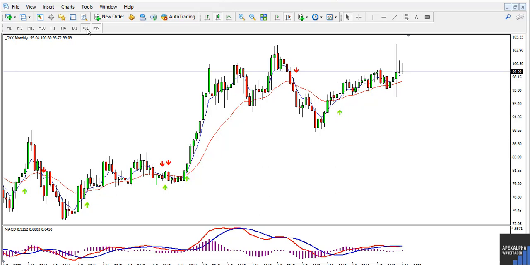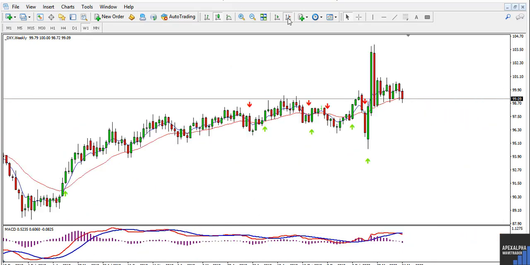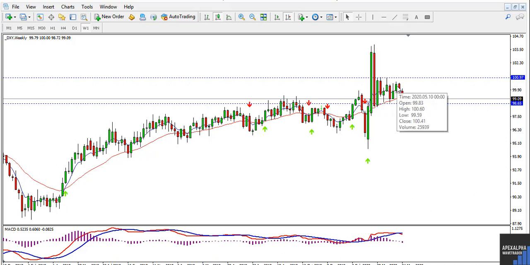So you go to the weekly chart and then you have a look. When you come to the weekly chart, I recommend that if you can, you should draw lines along the most salient levels of support and resistance like this, just so you have an idea of what's happening for the week. And then you have a look at your indicators. Now we seem to have a cross happening here, so most likely we might get a fall in price. We don't know that yet because this is an area of support. So going to the daily chart,